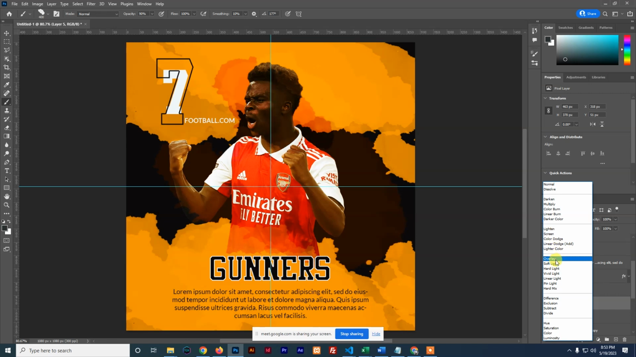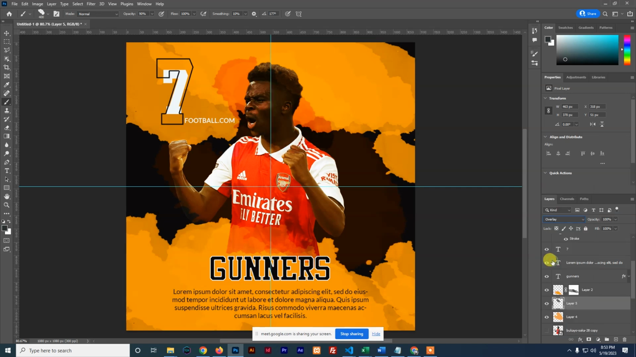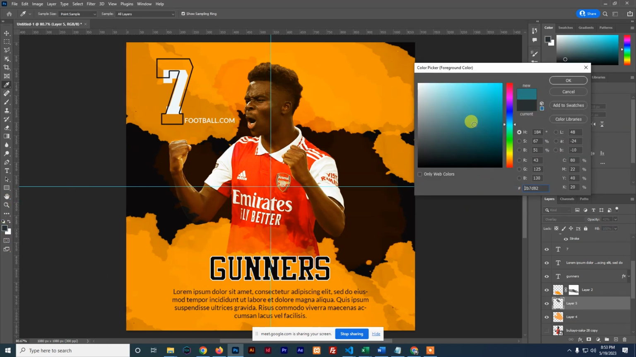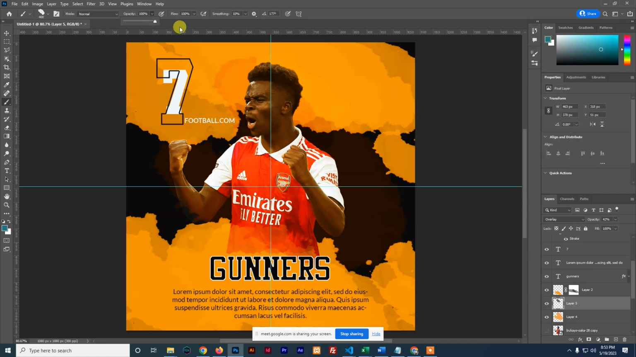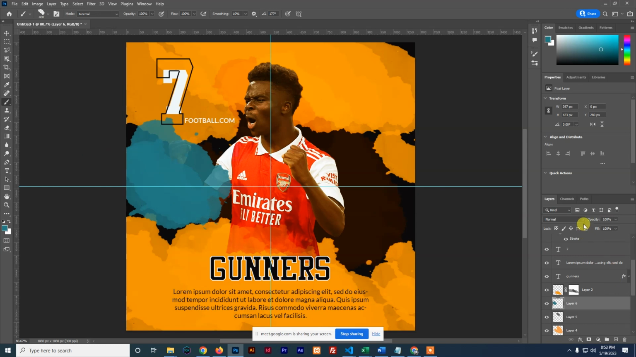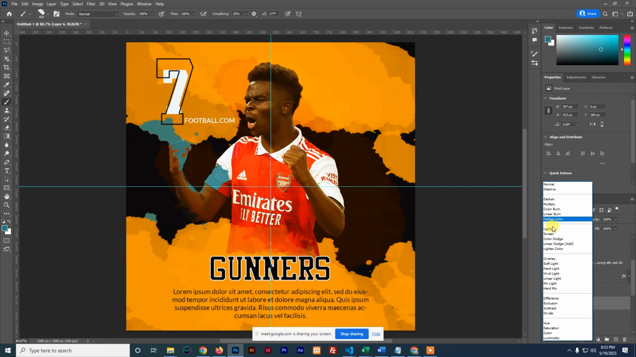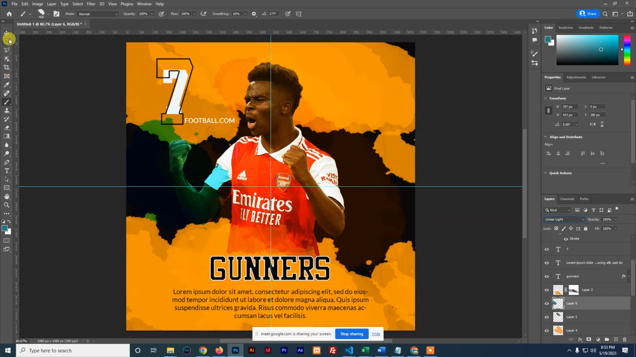Overlay, yeah, overlay. Then I can reduce the opacity, something like that. And then let me choose a different color, say maybe greenish. Okay, I can increase the opacity to 100%. Create a new layer again, and just brush here, and come back to blending modes and play around with the blending modes. Say I use linear light, and here we have